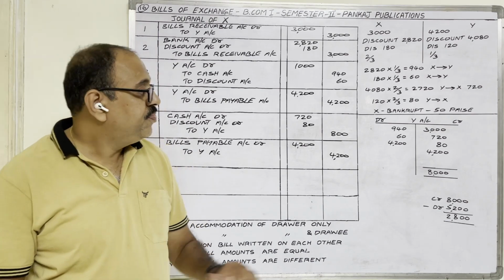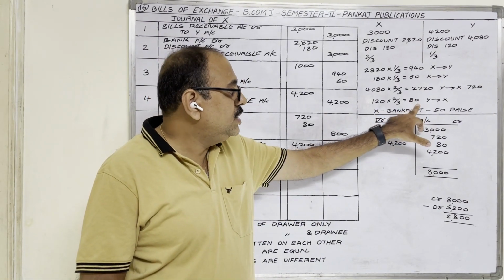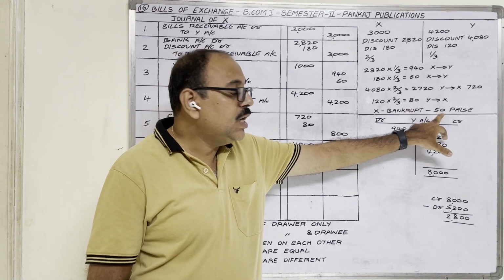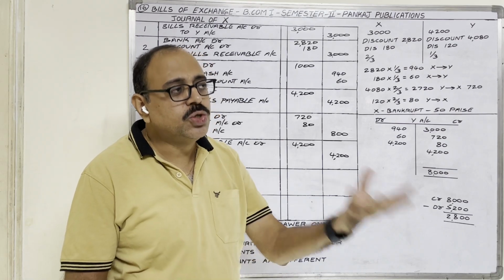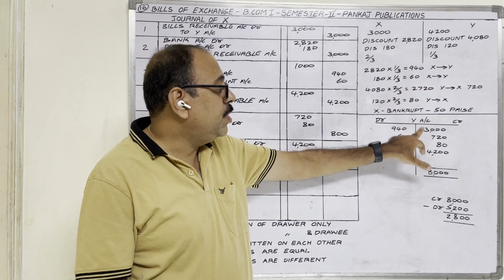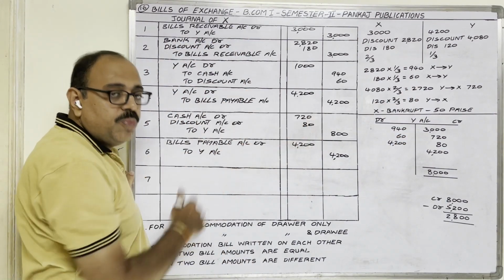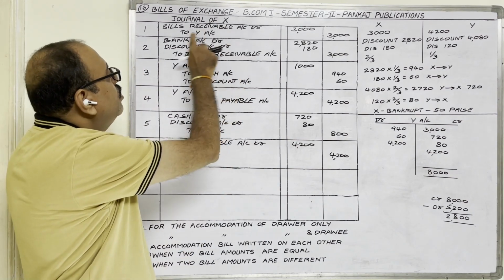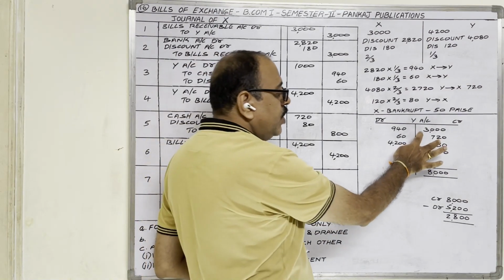Finally, what happened? X became bankrupt and from his estate only 50 paise per rupee is received. First of all, we should know how much money X should pay to Y. For that, in X's books, we have to prepare the Y account, and these 6 entries we first have to post. First entry, Y account is created. Therefore, in the Y account, on the credit side we have to post